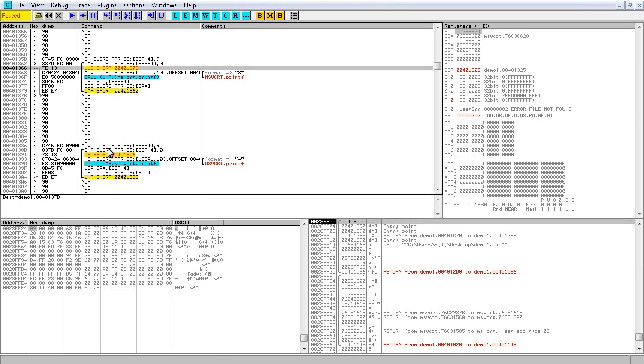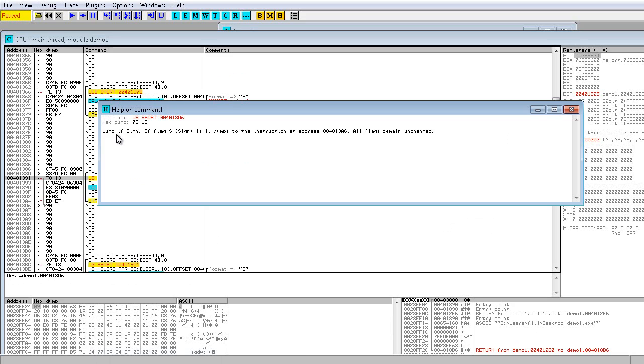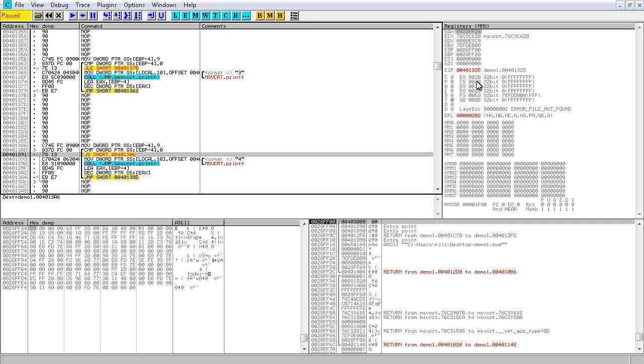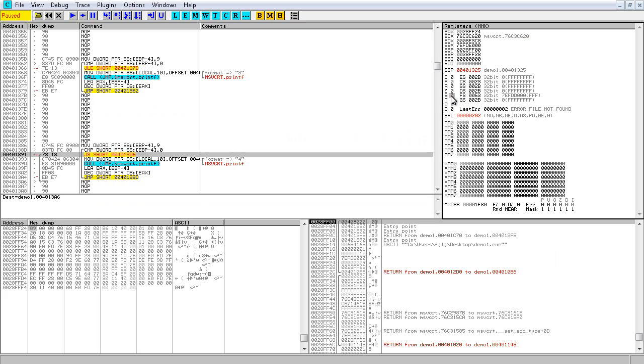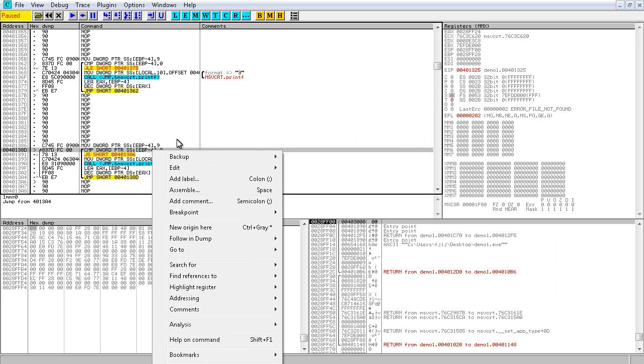Okay, and now we have the same thing, but it's JS. Okay, what does that mean? Help on command. Jump if sign. If flag S sign is 1, jumps to the instruction at address. Okay. So if this flag here is 1 after this compare,